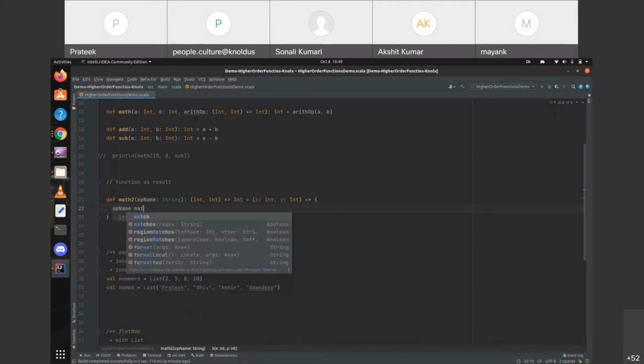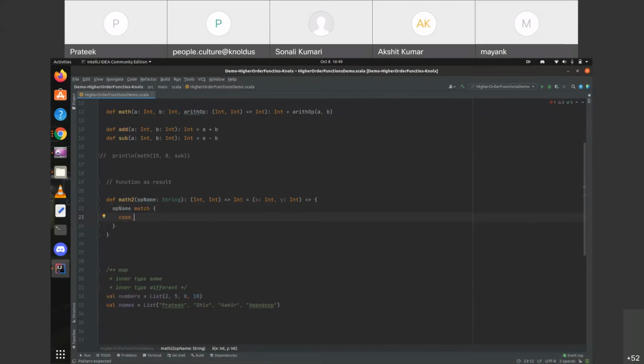Let's say we are calling the match here. So if it's an add operation, then simply return the addition. Oh, sorry, the parameter names are, let's say, a and b.